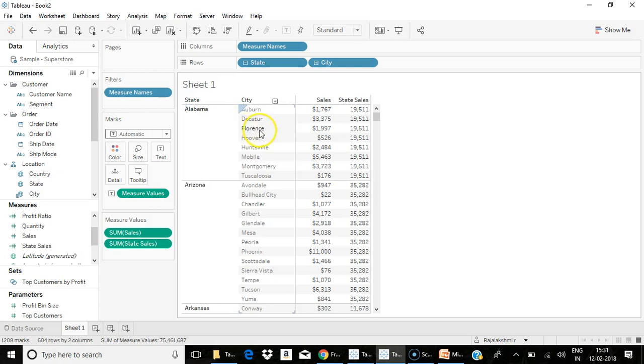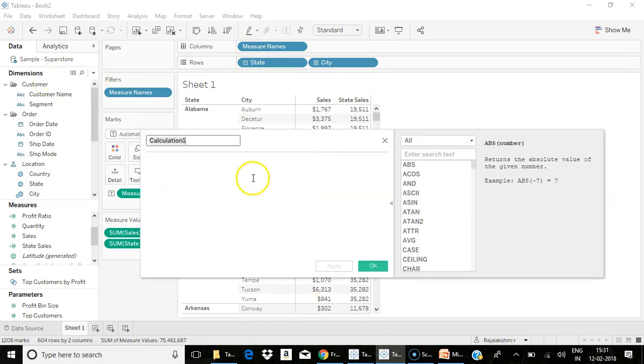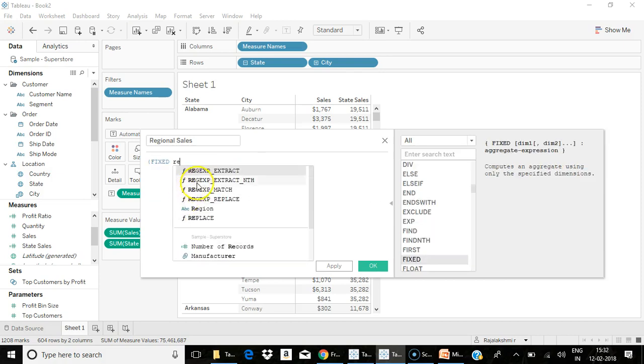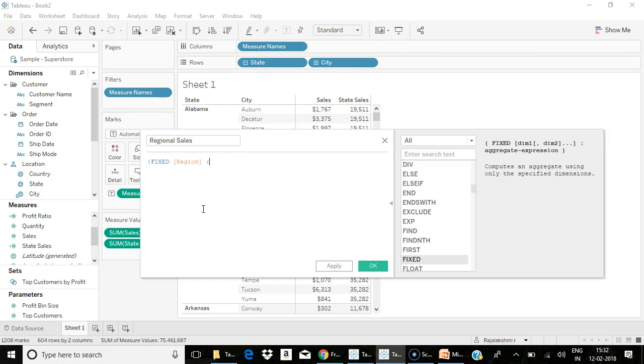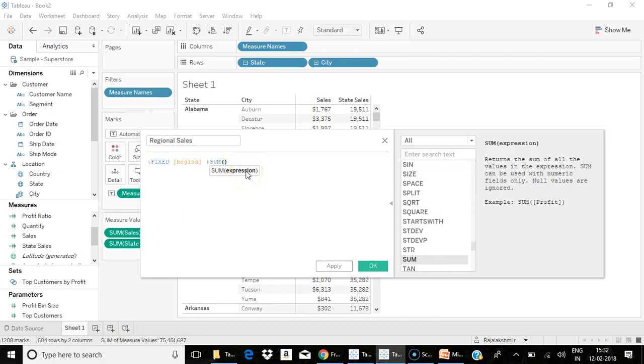If I want to show the region-wise sales across the state and city, but I don't want to display region in my view, I go for a calculated field. Create a fixed level of detail expression: fixed, region, sum of sales.